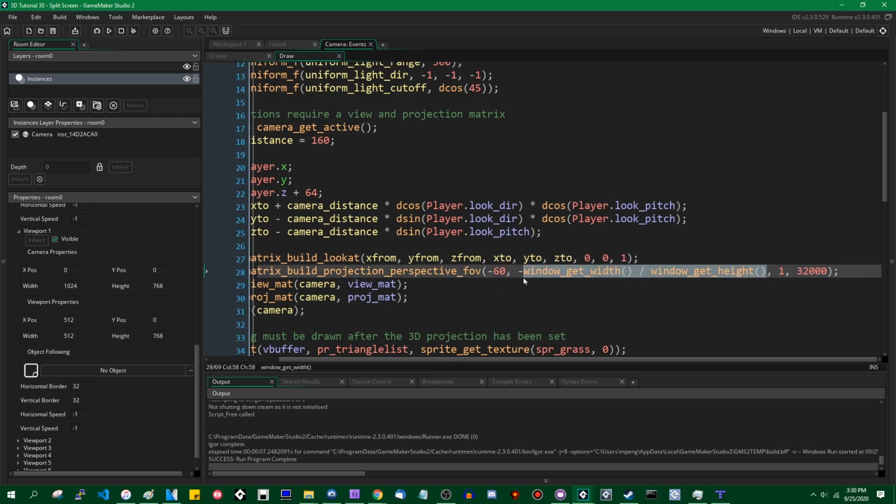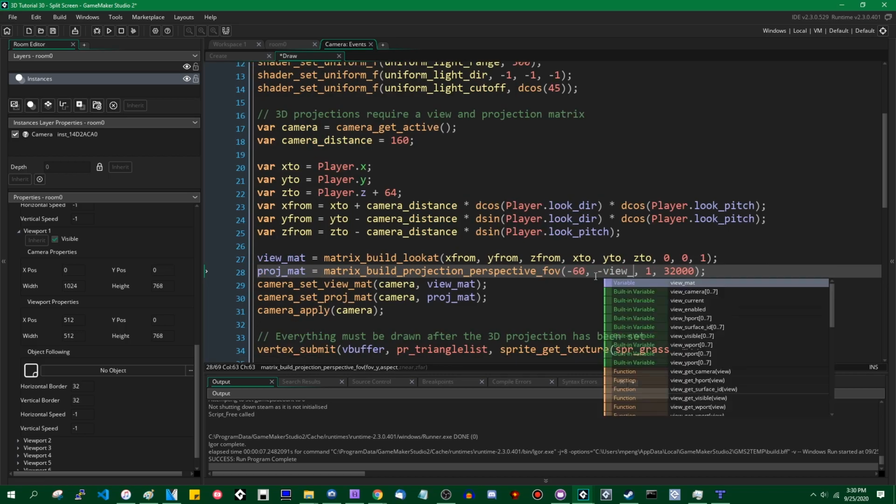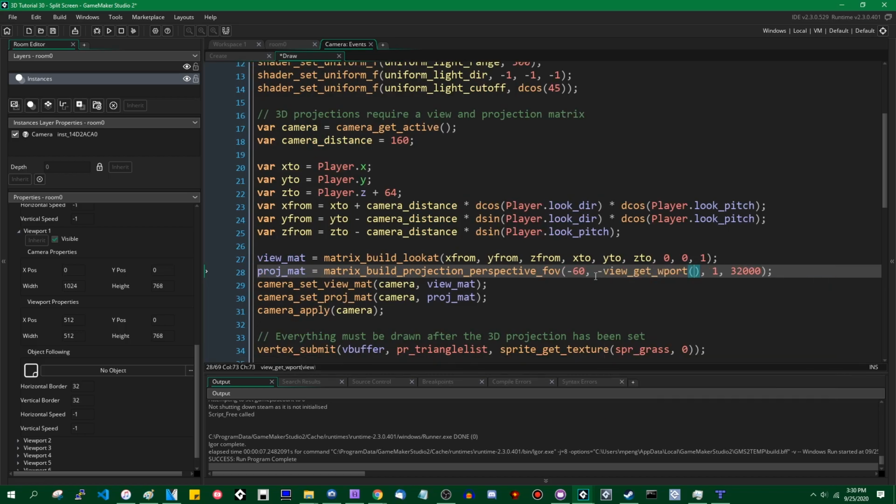And instead of being the width and the height of the window, which is why the aspect ratio is the same as before, just compressed horizontally, we would like to change that to view get Wport, view get Wport, something over view get Hport, something. So these